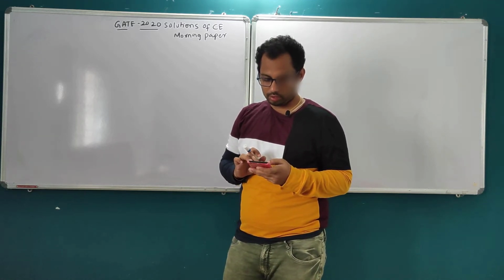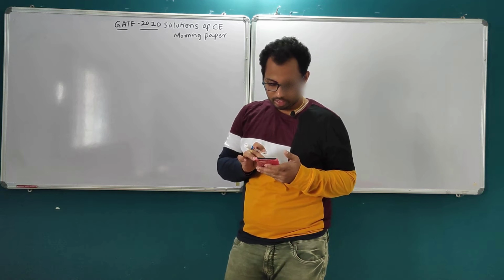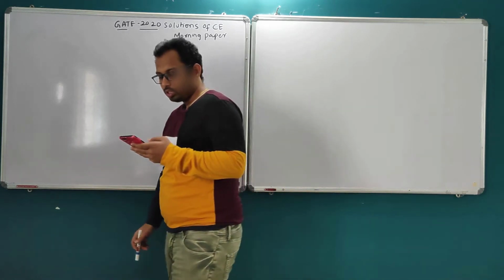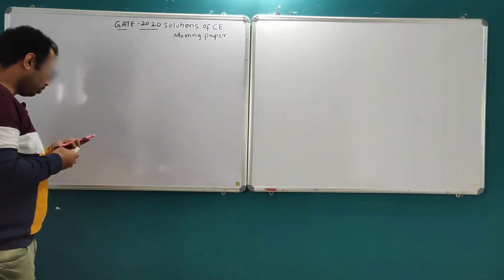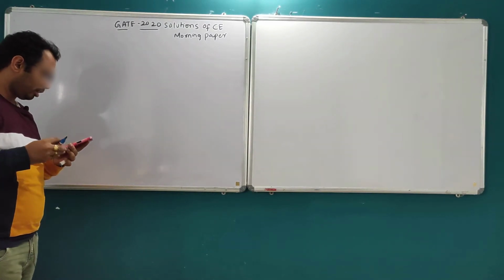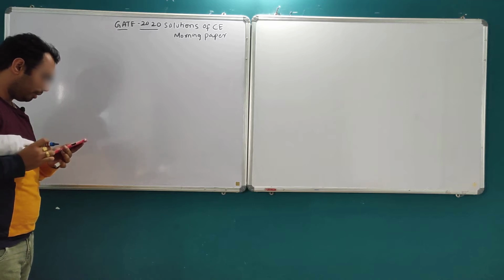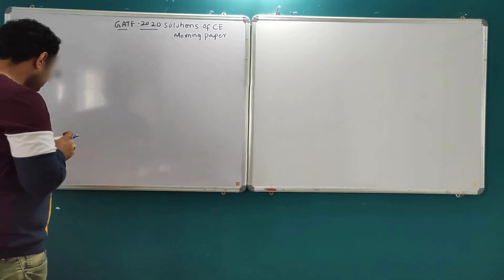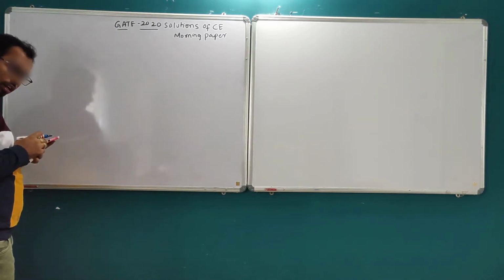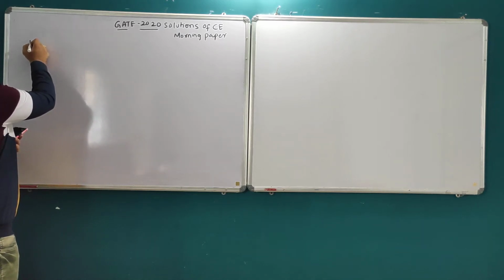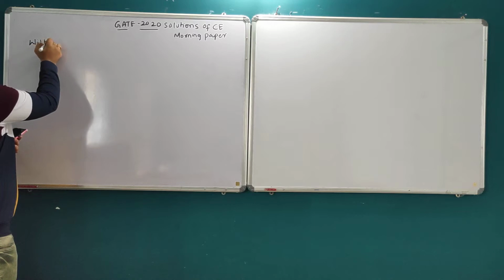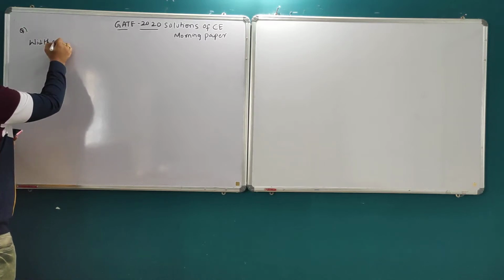So the first question was like this. I hope everybody knows the questions. I don't want to write them here. So the question was like this: a 4 meter wide rectangular channel. So the data was 4 meter wide rectangular channel. That means width of channel